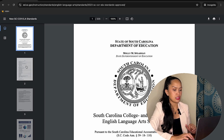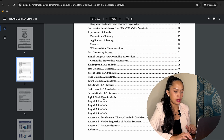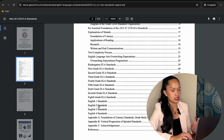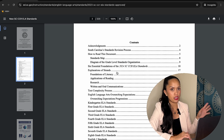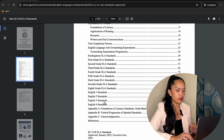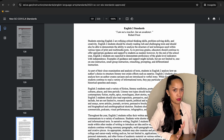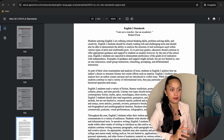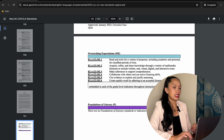So you have on the second page your table of contents, so just jump into, let's do English 2 because it's the EOC course. So you have English 1, 2, 3, 4. In this one document, you have everything from kindergarten to grade 12. So let's click English 2. The first page is like a summary of what English 2 students are expected to learn and what the whole course is all about. And then if you click further on,